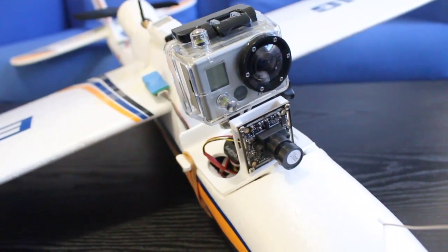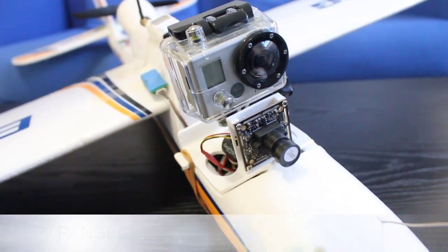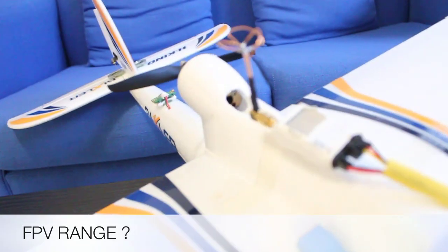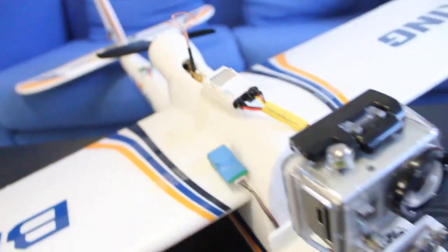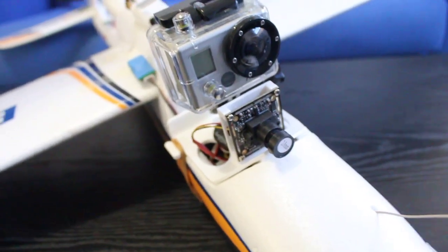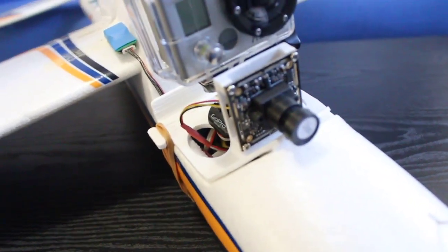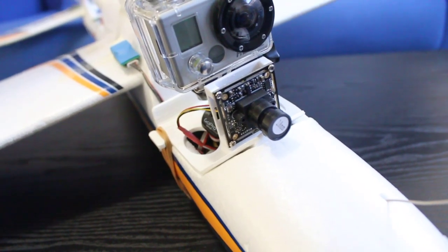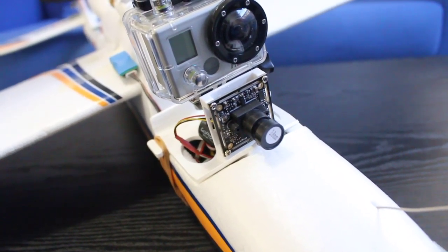In any case, one of the questions I had was, what sort of range do I get with this system at the moment? And this is using that Clover leaf and also this 200 milliwatt system. I've been out to about just over 2Ks. I can confirm with a patch antenna I'll get out to